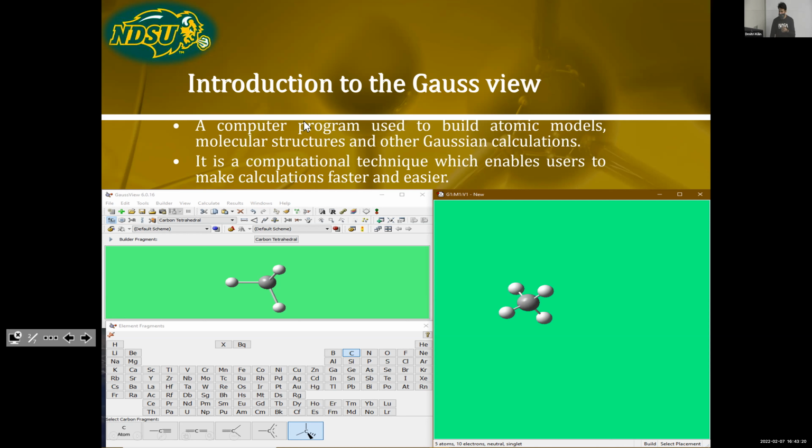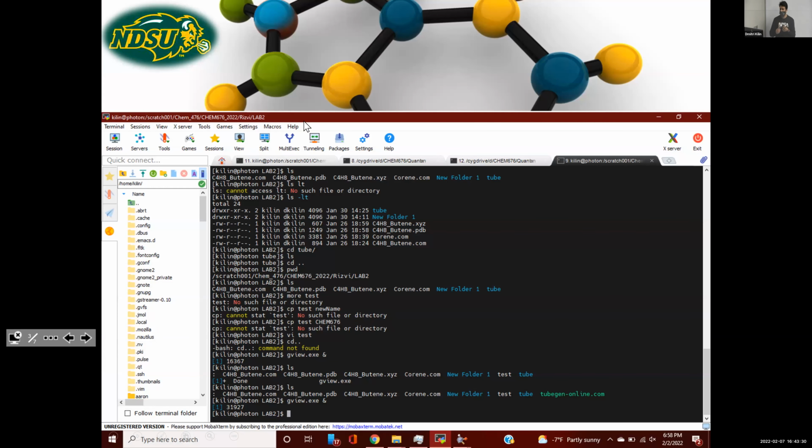And the lower screen is just the element fragments, in which you can choose any of the elements to start to build your required molecule. You can also access the GaussView software from the command line in MobaXterm. You just have to write gview.exe and you can go directly to the software.